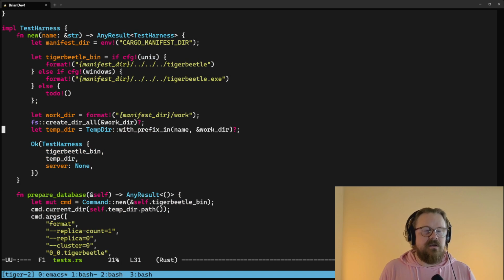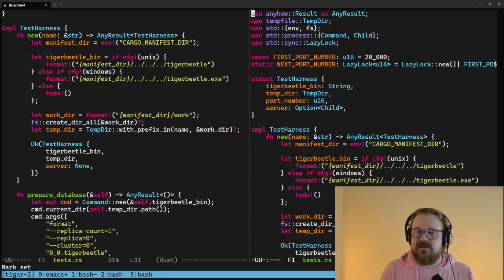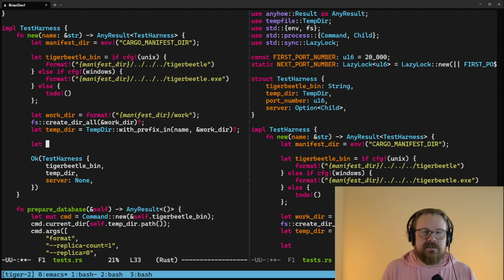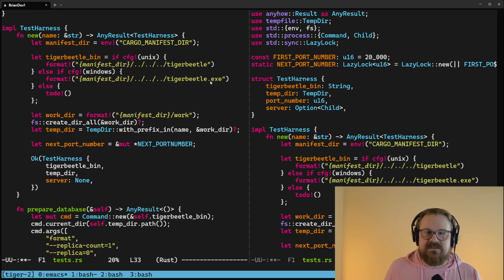So what I think I want to do down here is put some reference code over in the right-hand pane while we work. This is the stuff we're working with. But in test harness new, I want to say let next port number equals, and I'm going to write some Rust referencing code and hope that it interacts correctly with that deref trait and it all just works. I'm going to take a reference to next port number. And I think what I actually need to do is dereference next port number and then mutably reference it,